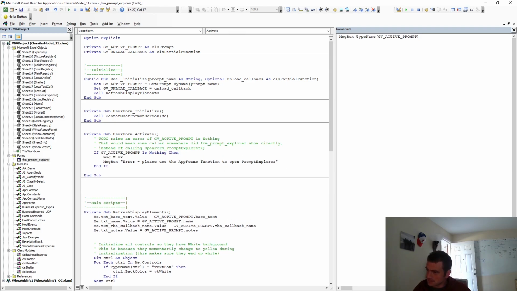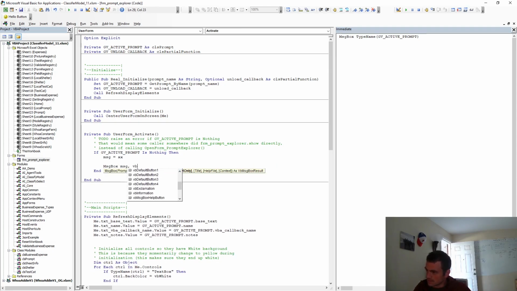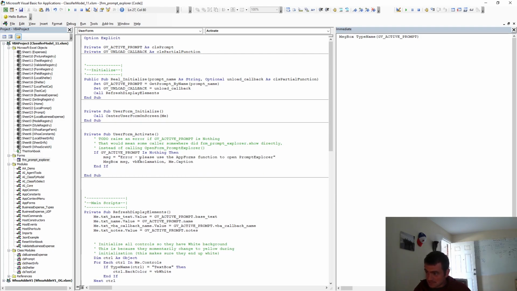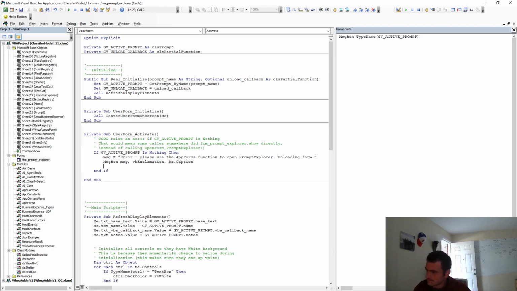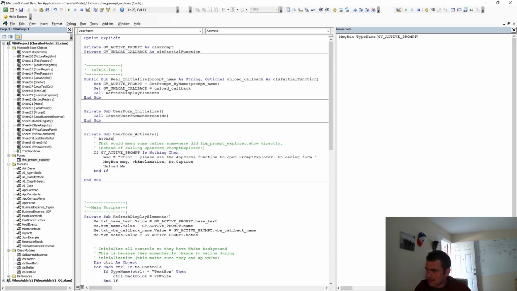Do message equals VB exclamation dot caption. So the message text that we want to display, the VB exclamation to get a yellow warning one, and Me dot caption. And let's say here, unloading form. And we're just going to get out. So bypass if